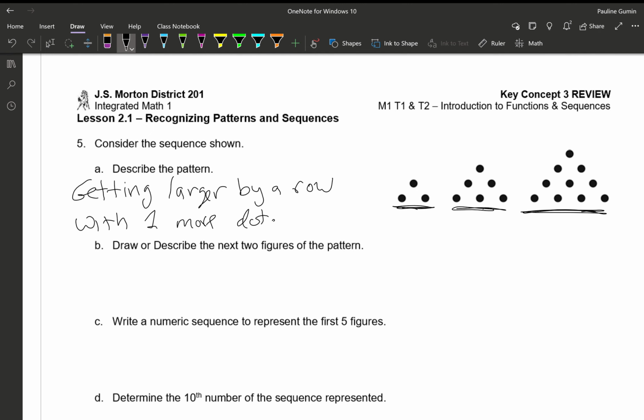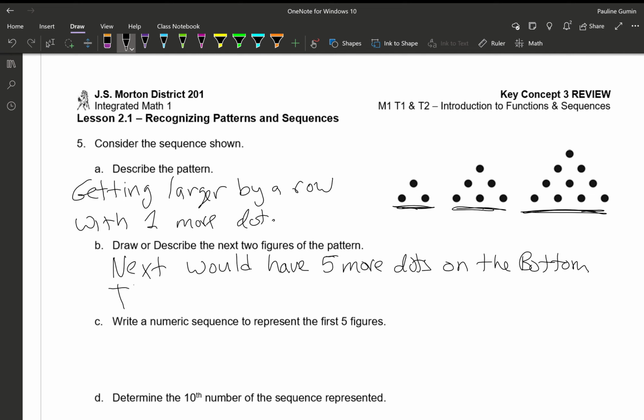The one afterwards, so I guess the next would have 5 more dots on the bottom. Then it would have 6 more. All right, so